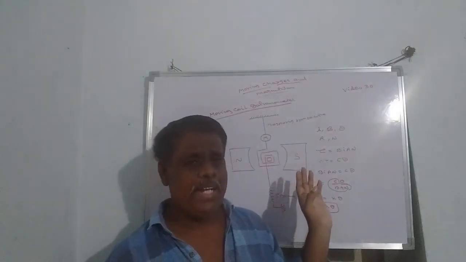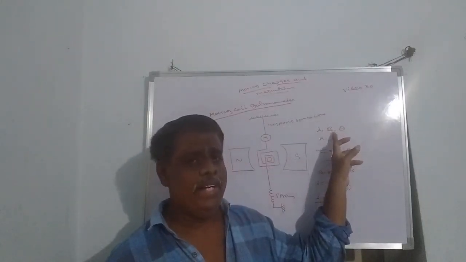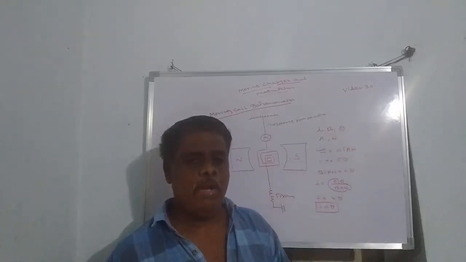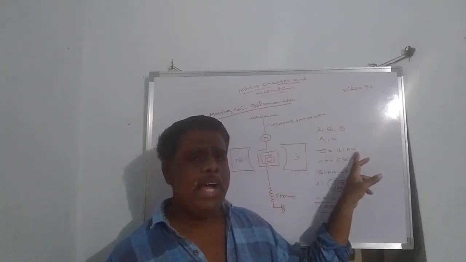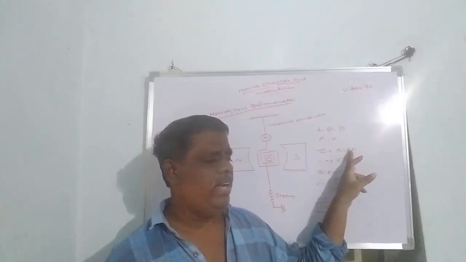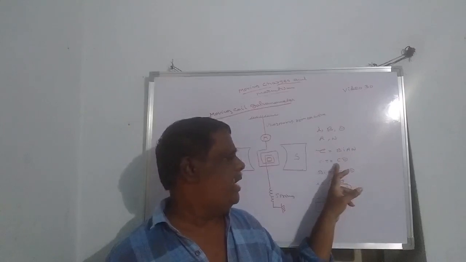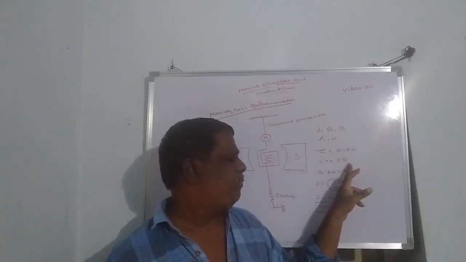So what are the important terms we have to read? I is the flow of current, B is magnetic field induction, theta is deflection, A is area of coil, N is the number of turns in the coil. Deflecting torque tau is equal to BIAN. It depends upon magnetic field induction, strength of current, area of the coil and number of turns in the coil. The restoring torque produced in the phosphor bronze wire will be equal to C theta.